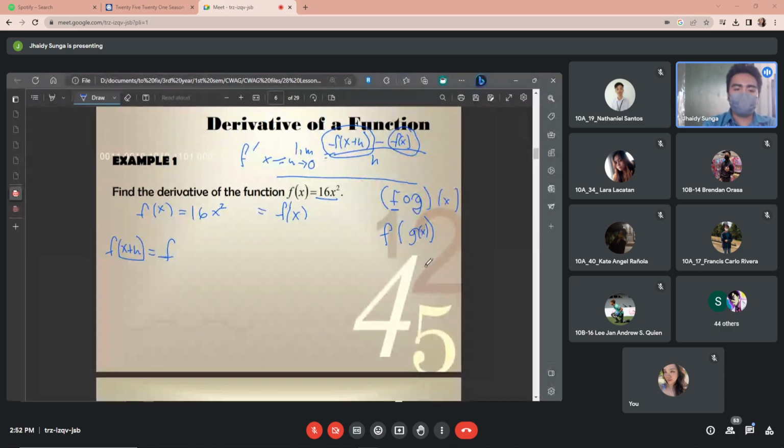Okay. So going back, when you have already f of x plus h, you need to substitute all your x to x plus h. So what we could have is x plus h, correct? So it will turn out, what is your f? Your f is 16, 16 times x plus h. But don't forget that you have squared, so you need to put the square. Gets already? Okay. Next,